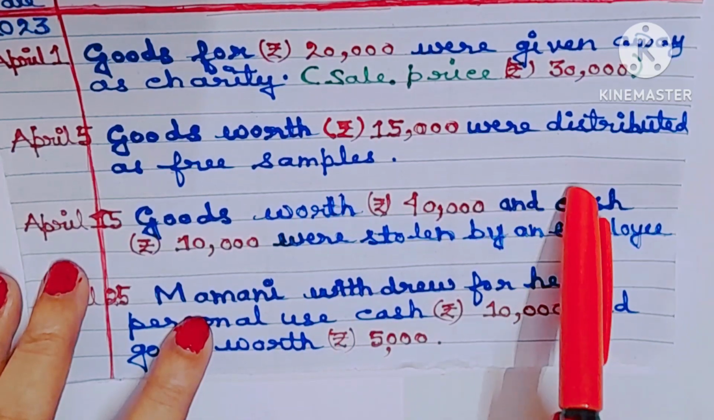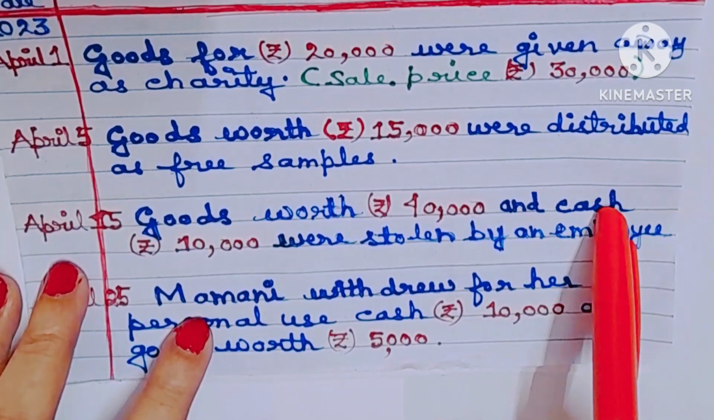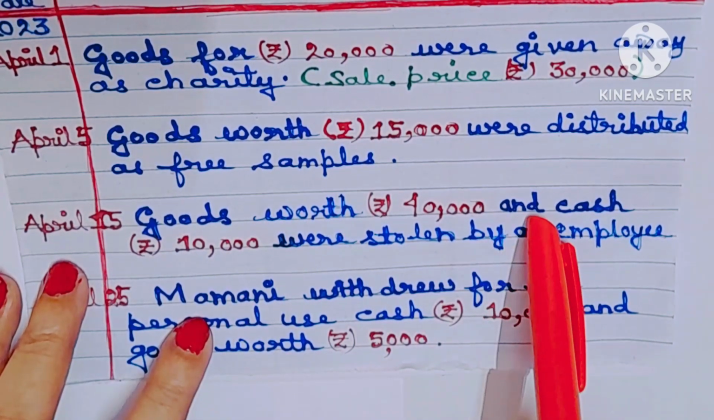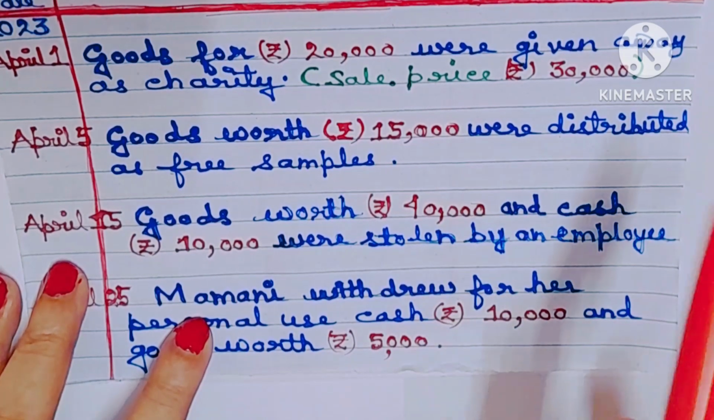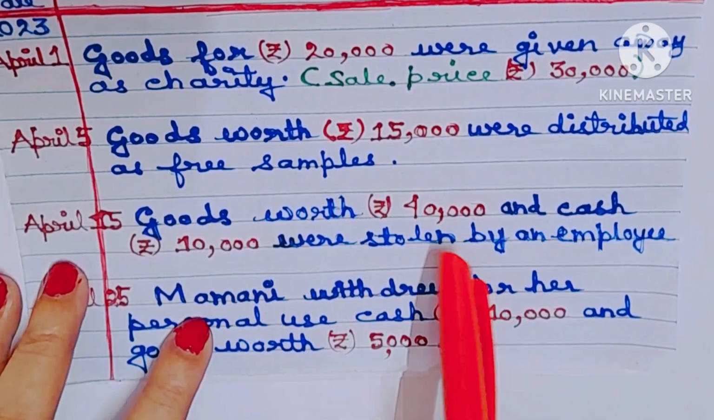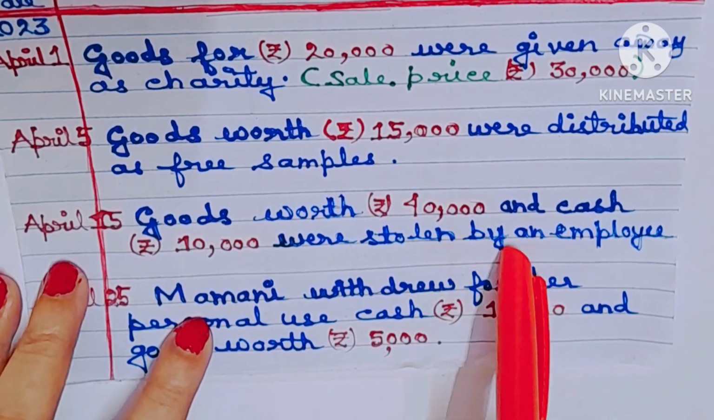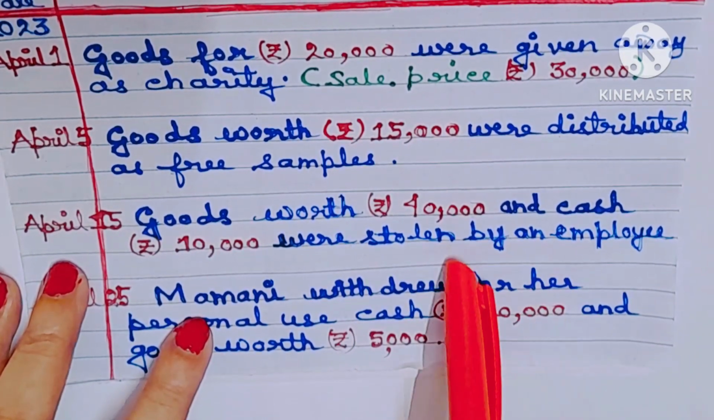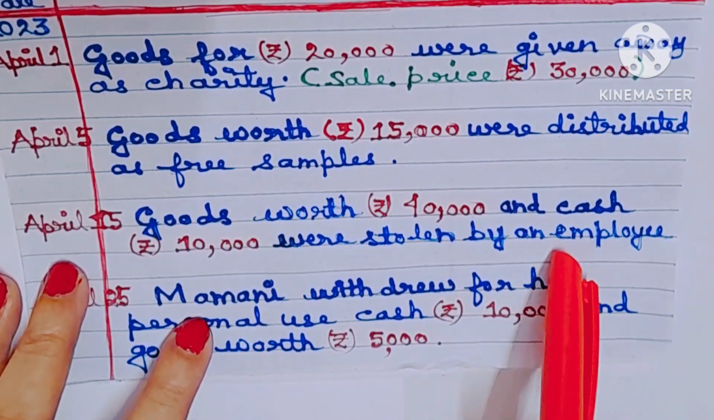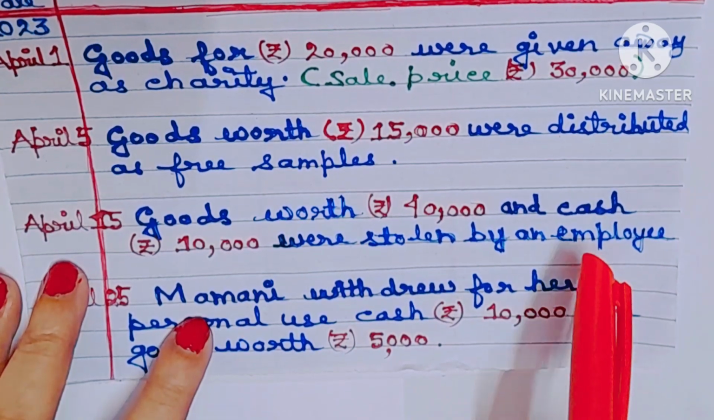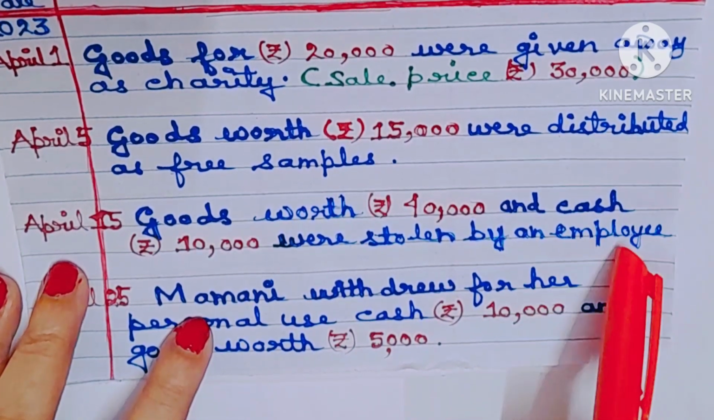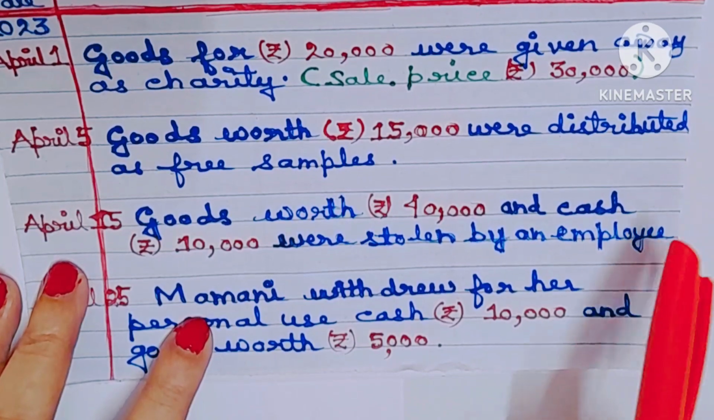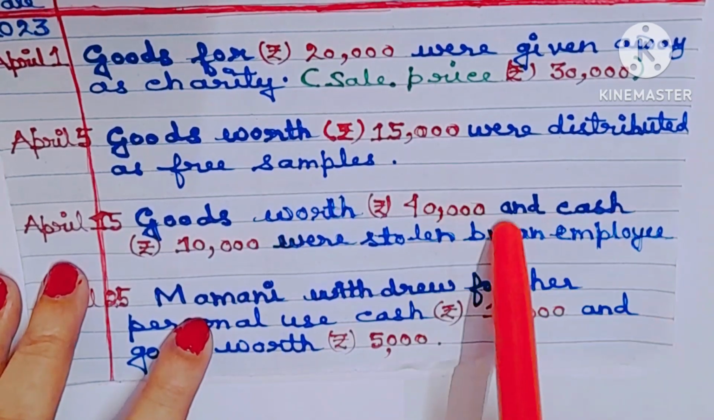A simple journal entry is an entry which contains only one debit and one credit. The third transaction is a compound journal entry. So what is a compound journal entry? A compound journal entry is an entry which contains more than one debit or more than one credit or both. Understood? That means debited